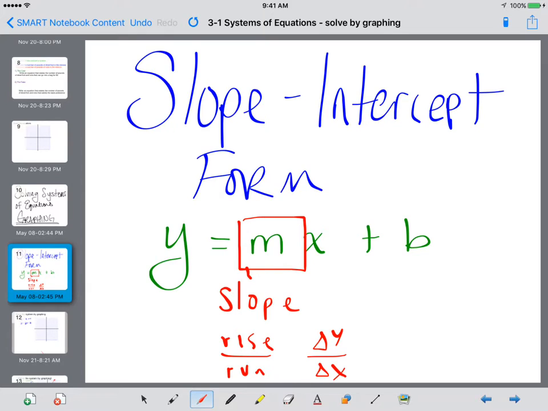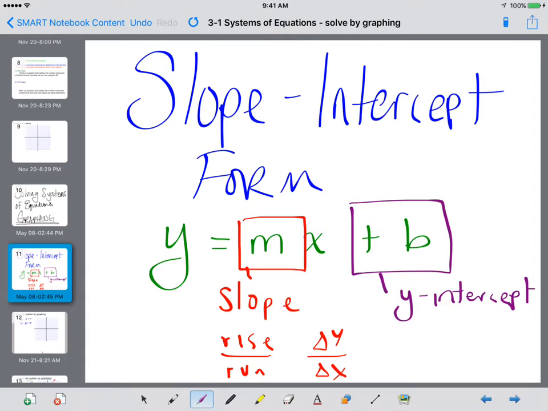But regardless, the number in front of the x is always the slope, and the number, including the sign, that's at the end, so after the x, is called the y-intercept,